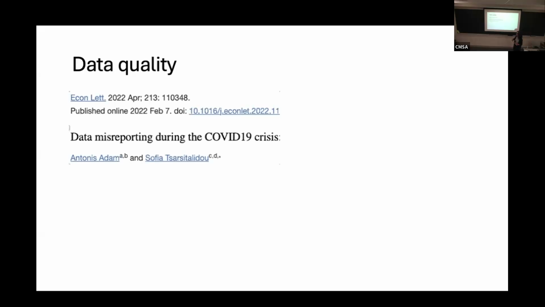Here are just some examples. For example, during the pandemic, a lot of researchers, including government agencies, were using COVID case numbers to make all sorts of predictions. And those predictions were informing policy related to travel and medical resource allocation. But how reliable were the COVID case numbers? There is a lot of evidence that the numbers we collected may not be very accurate